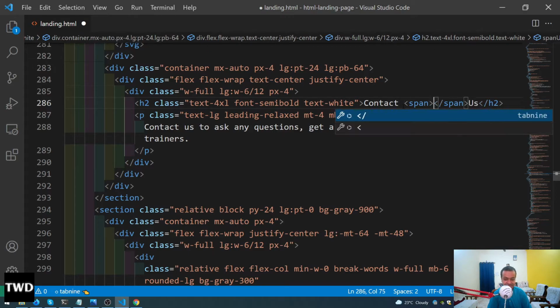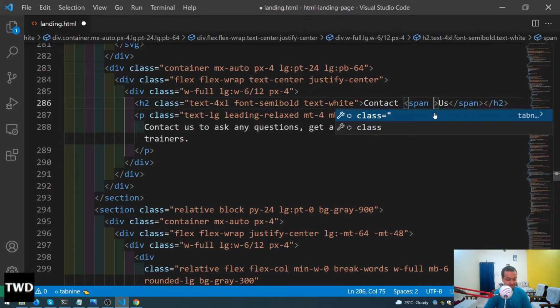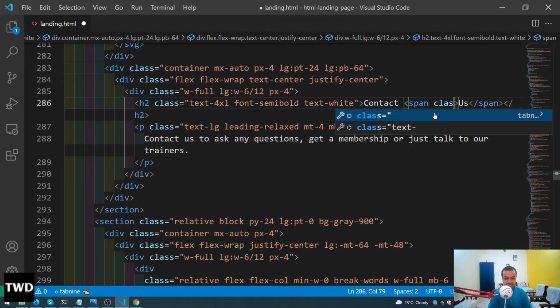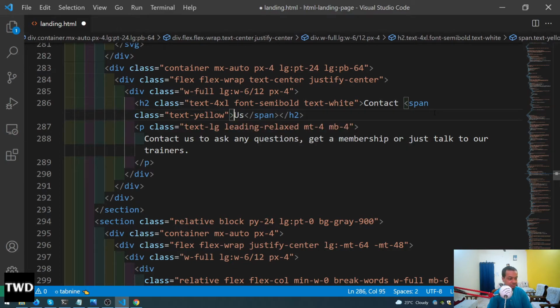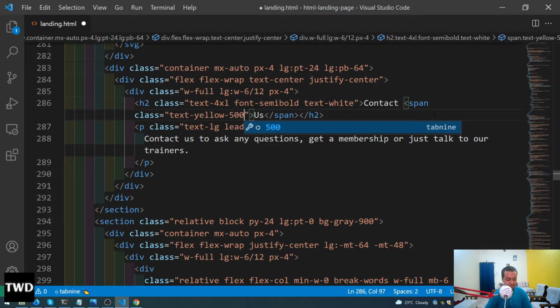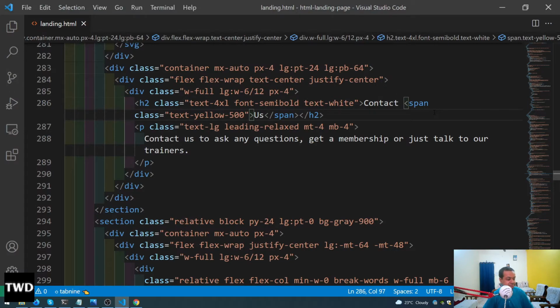Span class equal to text yellow 500. Save it. Yeah, it is looking good again. Now